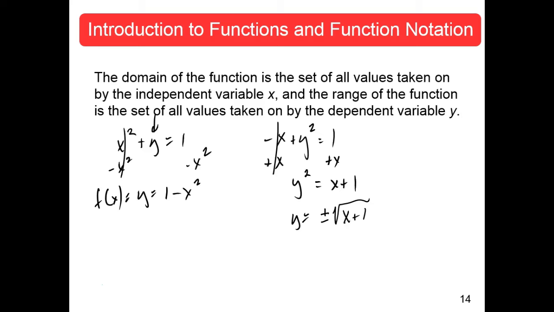That gives us a problem, doesn't it, Houston? Give me an x. An easy one. My favorite. Okay, 1 will do. And 1 plus 1 is? 2. Square root of 2 is some irrational number, 1.414, and so on. But this is either plus that or minus that. You gave me 1 x. Guess what? You got 2 y's. Shame on you. Not a function. That cannot be written as a function of x.